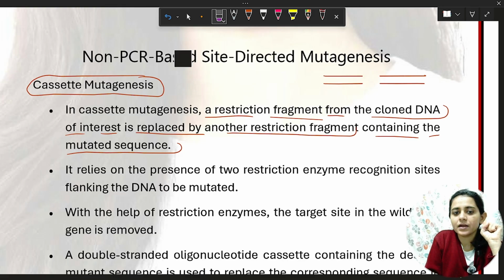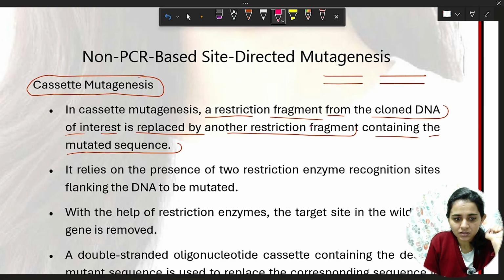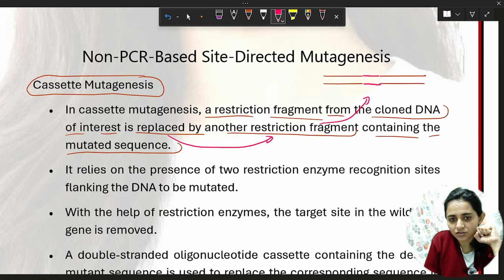Then we get this much space to add our restriction fragment to replace this site, and then we add our desired mutant sequence or oligonucleotide sequences in the place of the cut, restricted fragment.